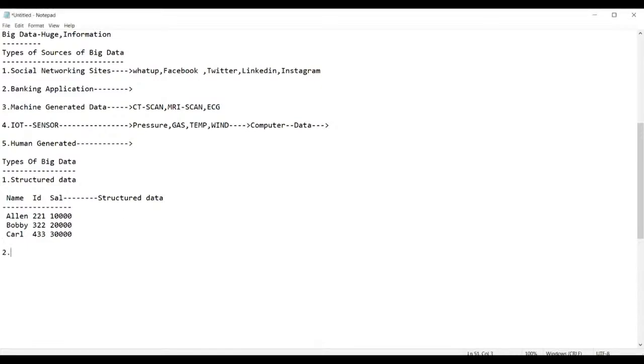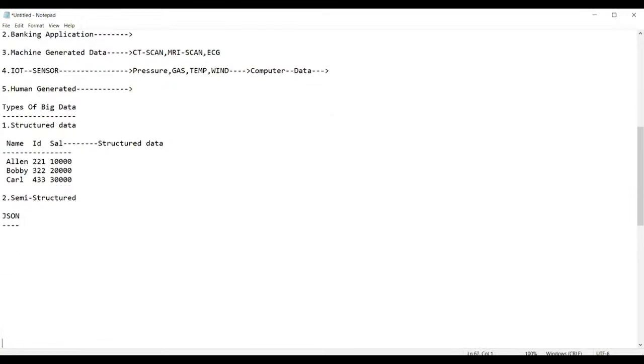The second one is semi-structured data. Semi-structured data means this data is purely not structured, as well as not unstructured. It is semi-structured. For example, you have data in JSON files. Let me show you how a JSON file looks and how the data will move.